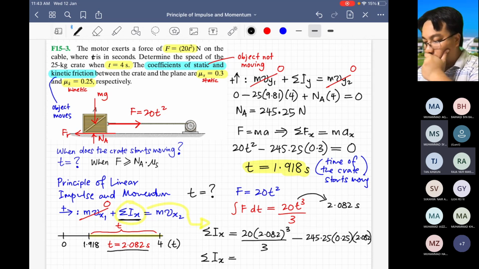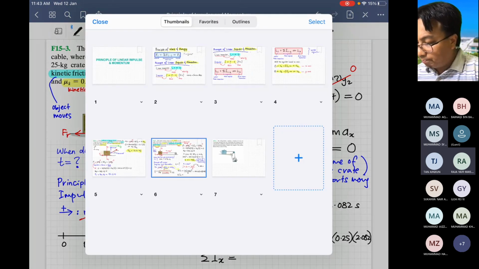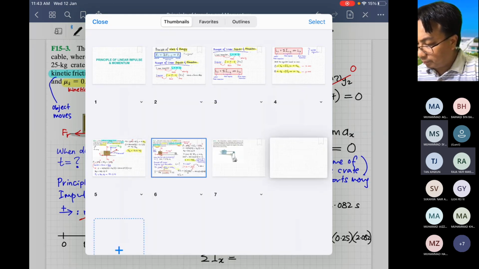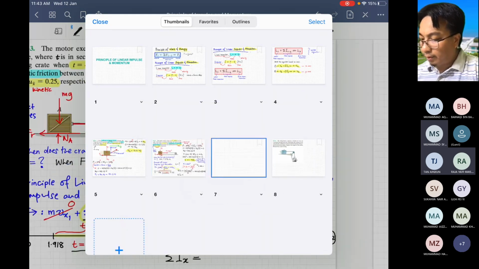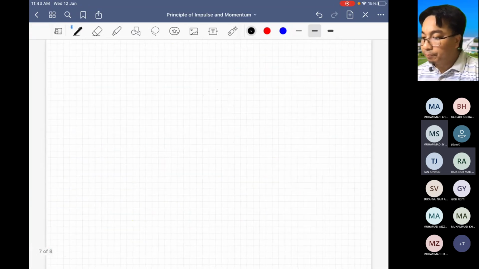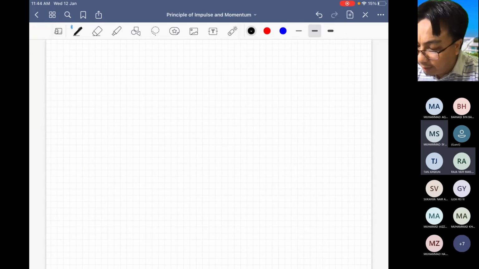I think maybe we cannot use this method. It is not going to be the same. So we still have to do integration in that case. Let me add another page here. Okay, so now what do we have? We have the time and we have NA. From what we have, we have calculated NA equals